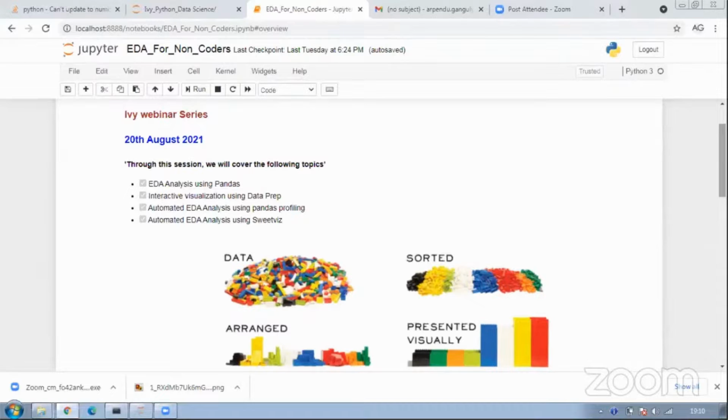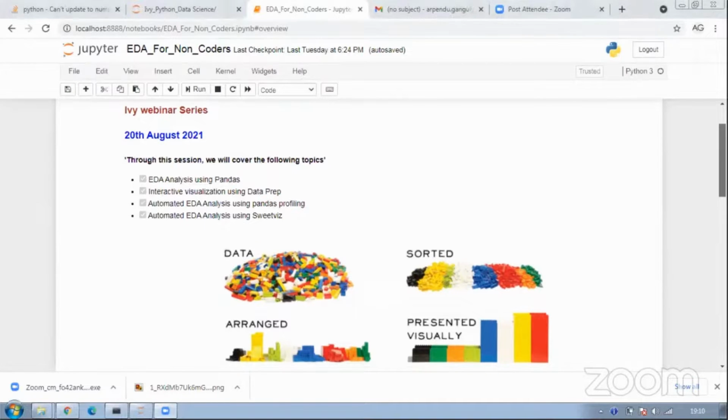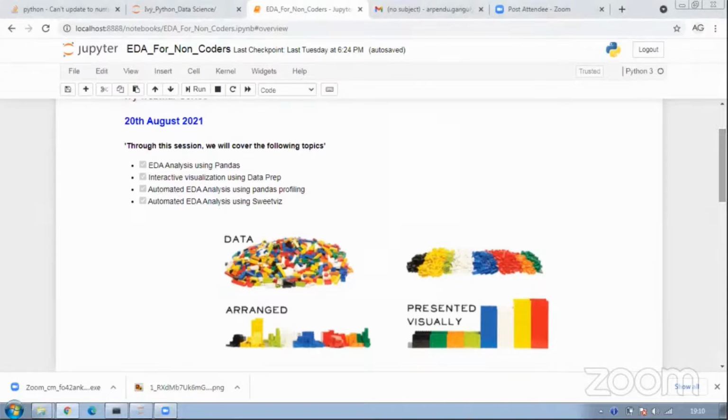I'm not sure, from your perspective, how much Python you know, but I assume you have a basic understanding of what Python is. Anyone here who does not have a clear understanding of a Python environment? I hope everyone here is aware of Python. This is a Jupyter notebook, which I have used for this scenario.